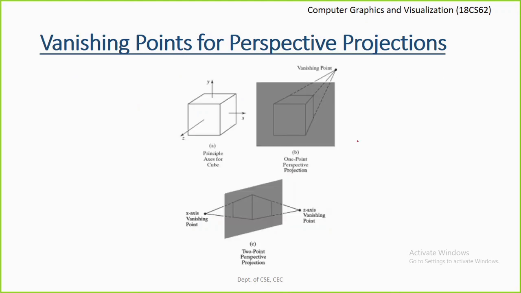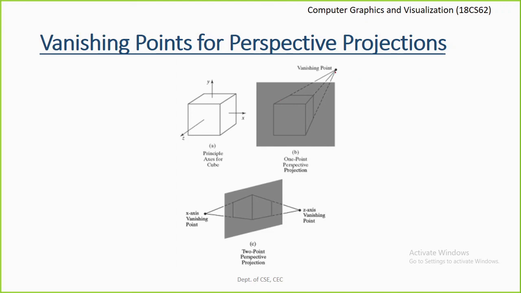So let us look at one example here. Suppose this is the cube that we want to project. If you're placing the projection point with respect to the z-axis, we get 1 point perspective projection. So this is an example where the vanishing point is placed along the z-axis. This is the cube that we view using the orthogonal projection. When we are looking at it from the perspective projection, you can see the edges are getting slanted. There are no parallel lines maintained for the edges here. The edges seem to be converging. That is the speciality of perspective projection. Here you can clearly make out the difference between the orthogonal projection of a cube and its perspective projection.